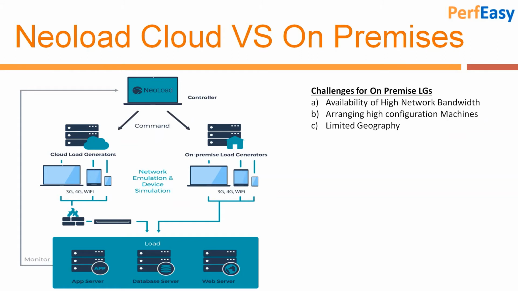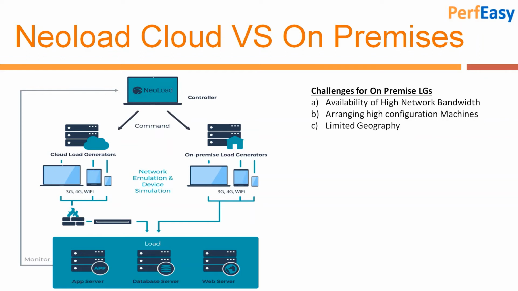So depending on the application, there are some situations where one machine is able to generate only 200 users also, and with some light kind of scripts we are even able to generate up to 2000 users as well. So depending on the configuration of the machine, more users can be generated. Arranging these high configuration server grade machines inside office premises becomes very difficult, and the cost becomes too high for this.